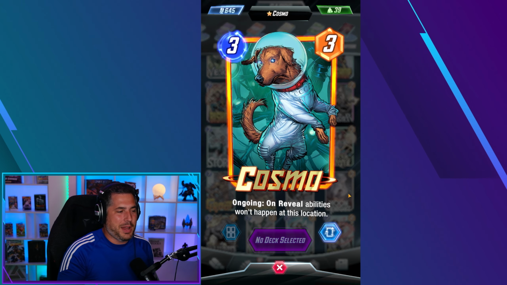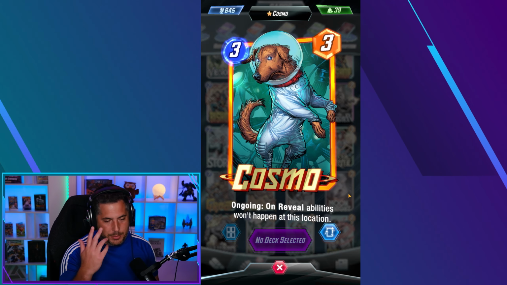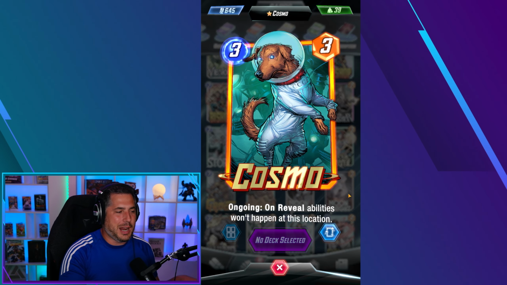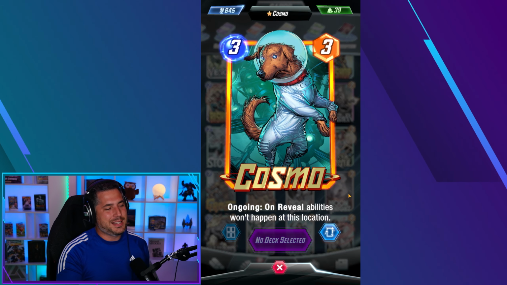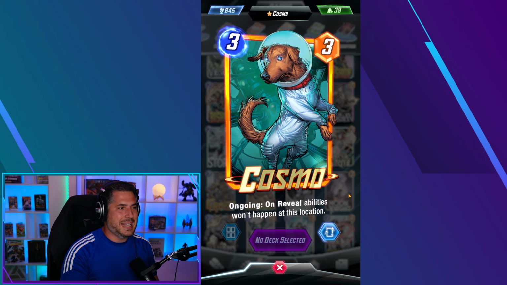So as a new player, you might often put Cosmo down and throw an on-reveal on there and be like, huh, what happened? Nothing happened. Oh, I'm a noob, right? I've done it, everyone's done it, and it's okay, right? You got to learn how to play around Cosmo, right? But anyways, he's a remarkable card, and a very important thing to understand about Cosmo as well is the turn